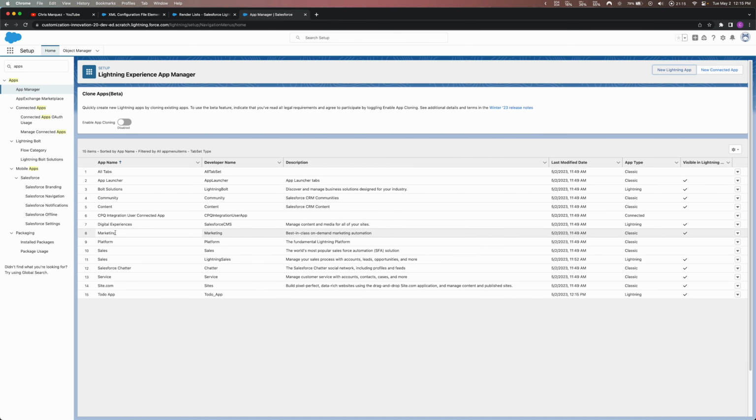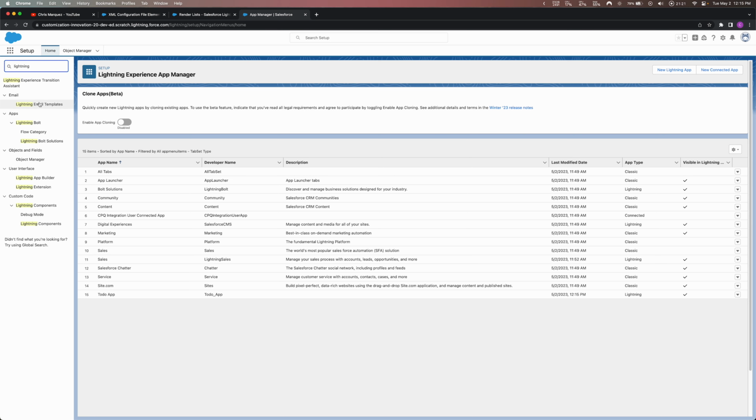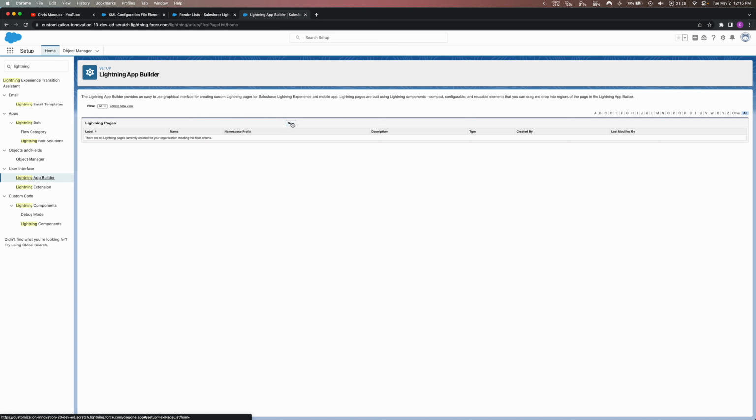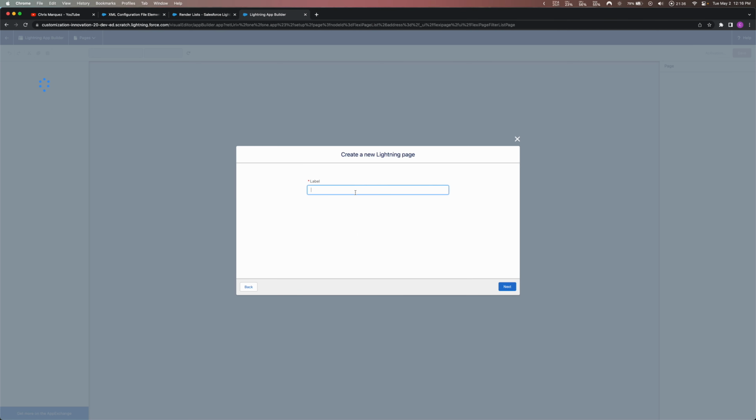And once my app is built, now I'm going to go ahead and go to the Lightning App Builder in our quick setup, and then let's just go ahead and create a new one. And we want to make use of an app page because that's what we created our Lightning Web Component for. So I'll go ahead and click next, and then for the name, we'll just call this LWC basics again,